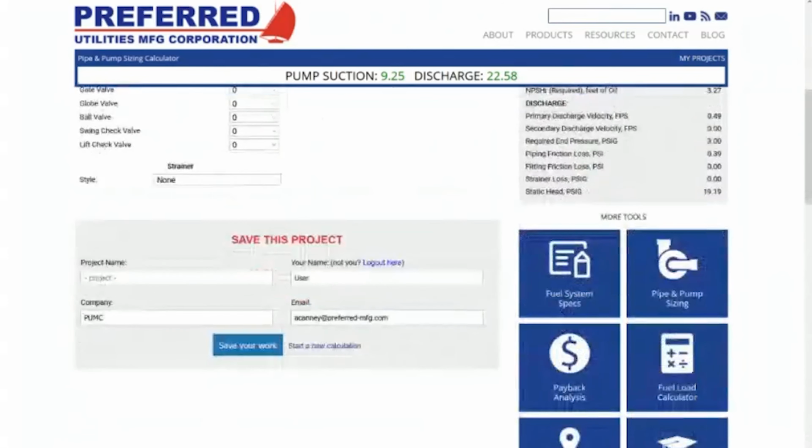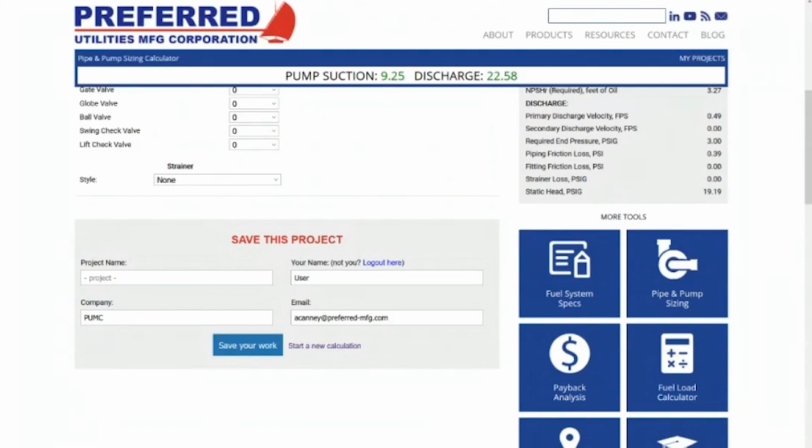And then we have the option at the end to go ahead and save our project. We put in the email here. And David, as far as when they're putting in email addresses for these different tools, how are those used on our end? So what's going to happen is when you give us your email address and a project name or your name,